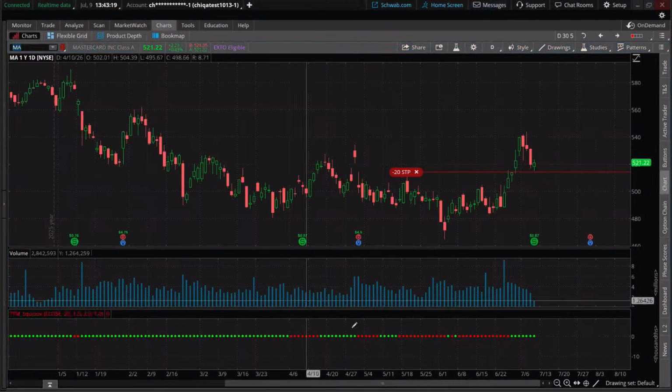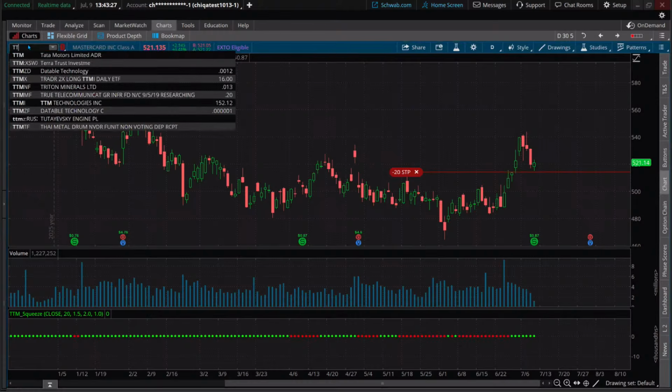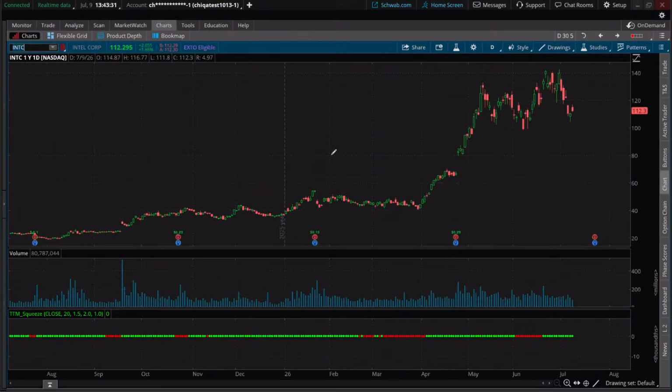So a few others out there have come out of a low volatility range according to the TTM squeeze right here. Sorry, INTC, Intel. Look at that. Look how many days we were sideways here. Oh, look at this. This is beautiful. Boom. Broke out of the range. Look over here. Consolidation. Where are we now?